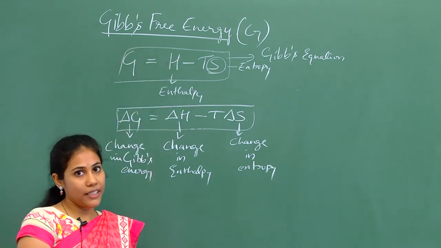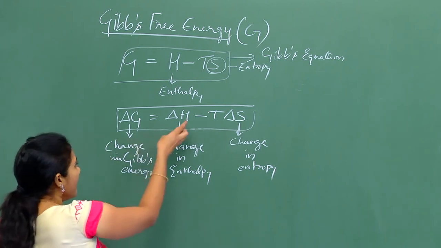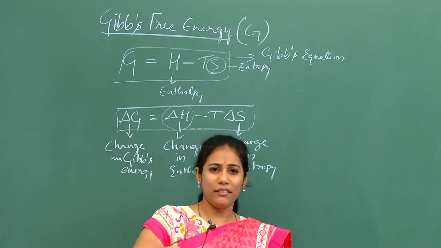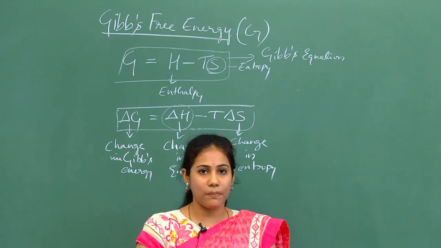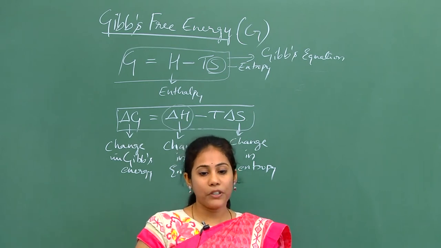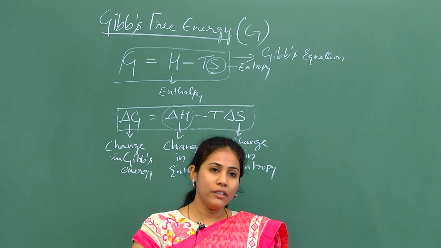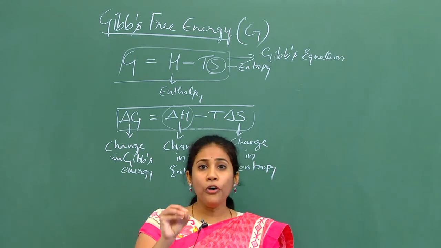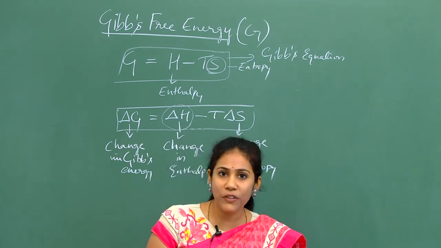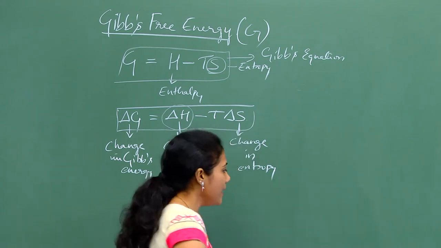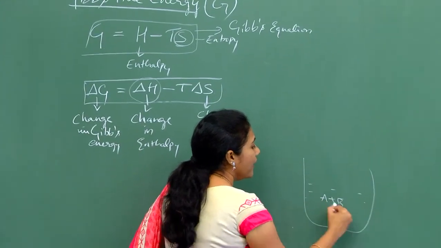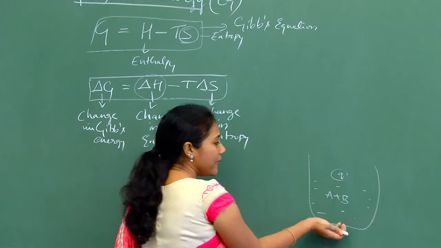The reason for calling it free energy I am going to tell you. See here, you all know what delta H means, isn't it? Total enthalpy is nothing but the total heat content of a system. Total change in the heat content of a system is called enthalpy. And among the total energy present in a system, the whole of the energy will not be used to do a useful work. Here, what do you mean by useful work? To undergo a reaction. Say for example, I have a beaker where I took A and B reactants. So it would have some heat content already.